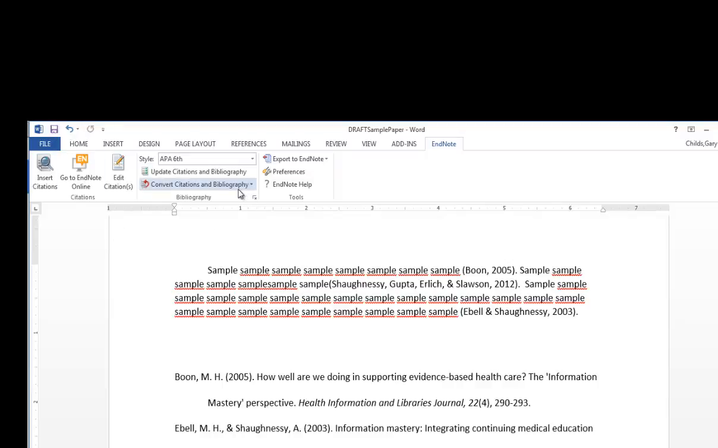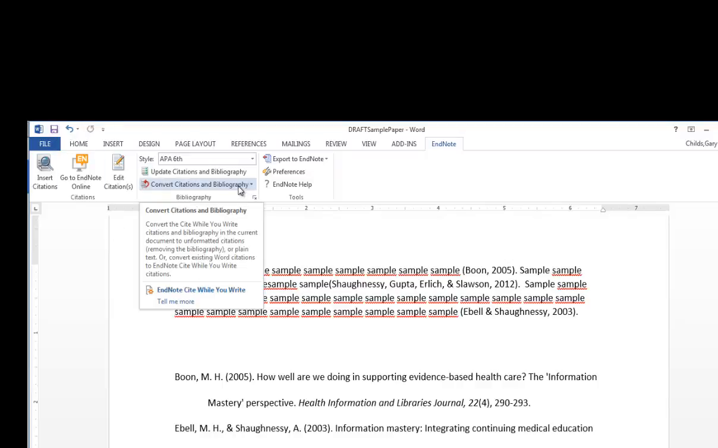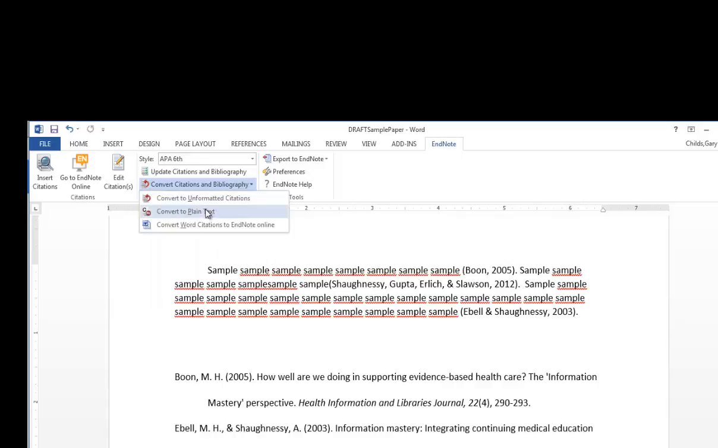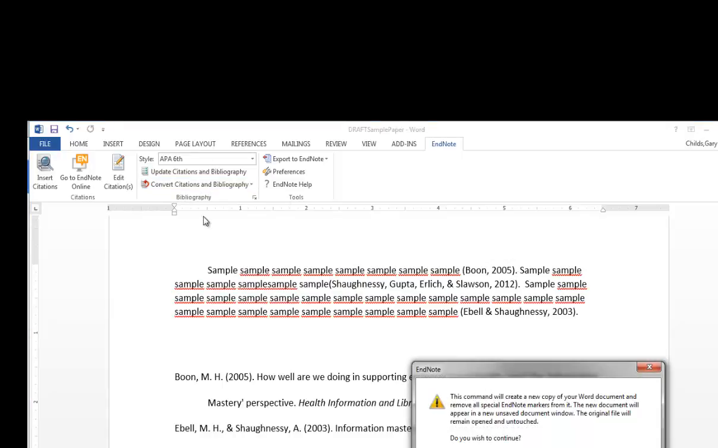So to do this, I will convert citations and bibliography. I'm going to say convert to plain text. Now, this doesn't mean plain text in the normal way we would say this. This is just stripping the EndNote markers from the document. And when I click this, it's going to make a brand new document. It's going to give us a warning to tell us what's happening. And when we say OK,